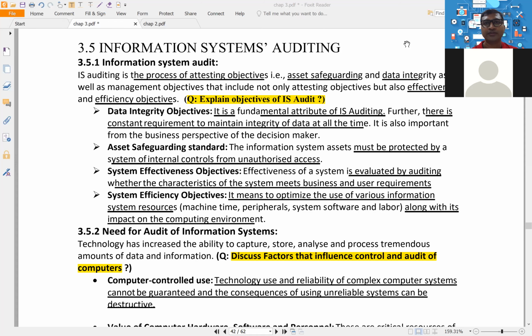So now we will start with our audit part. Okay. Now what is information system auditing? Before going for auditing, first you need to understand information system auditing. What is audit? Audit is nothing but verification, simplest meaning, correct? But guys, here we are not going to do the audit you are learning in your audit subject, because you are learning financial audit, and what I'm going to teach you here is system audit.